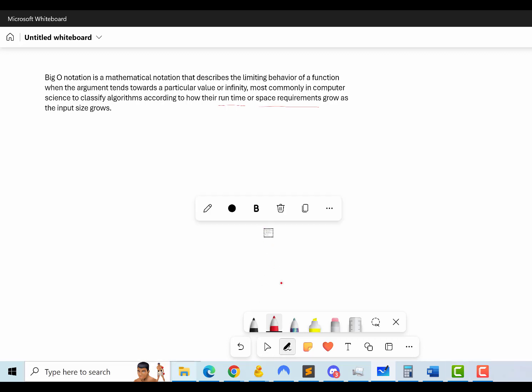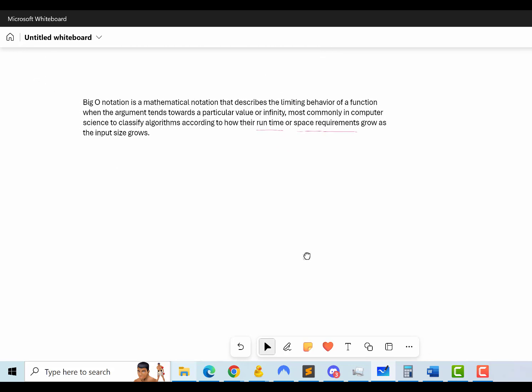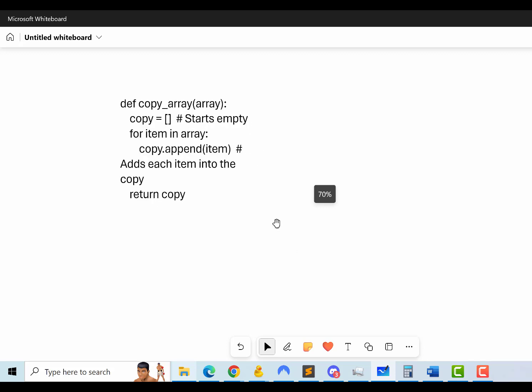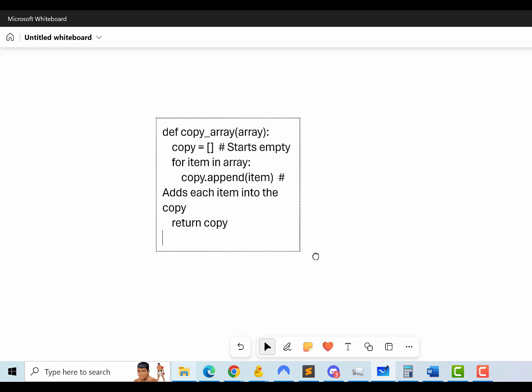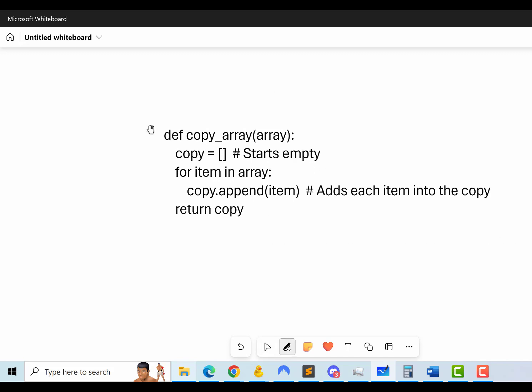So for example, if I was to put in this code, let me just zoom in to this code. Okay, let me just make this a bit wider. Alright, so we've got a function here. This function in itself will take in an array. It's then going to loop through every item in the array and put it into